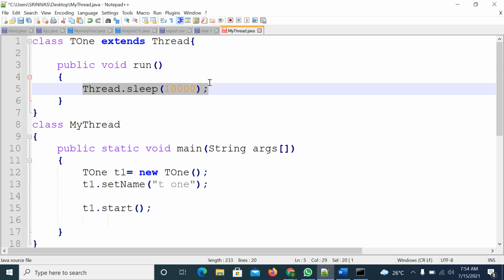One minute. So here I must surround it with try catch blocks. Try block, then catch block.